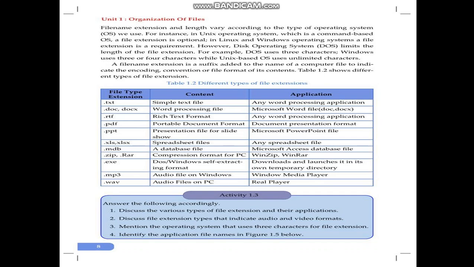.mdb is a file created in Microsoft Access. .zip or .rar is a software that helps to compress our files, and the file is a compressed or zipped file type. .exe is a runnable file or setup file. A program's extension in the Windows operating system is .exe. In mobile, .app. .mp3 is an audio file that is played with Windows Media Player and other related players. WAV is a computer-based extension file. It is a sound-based or audio file.